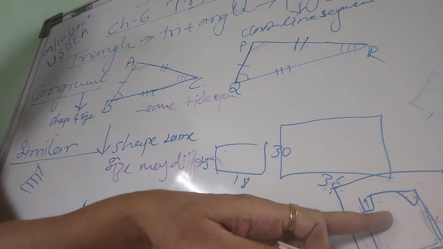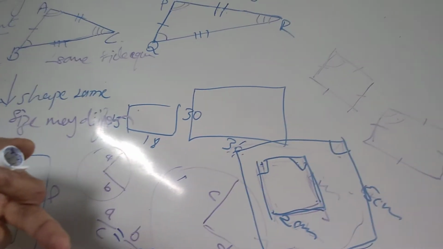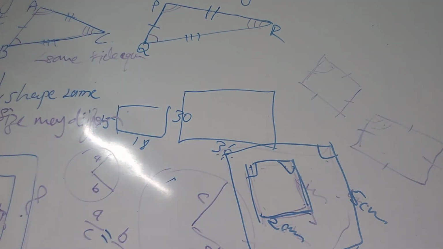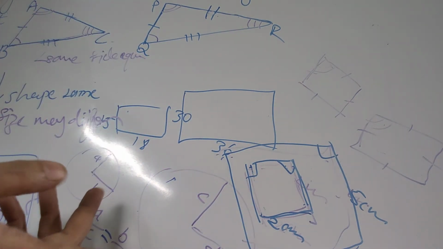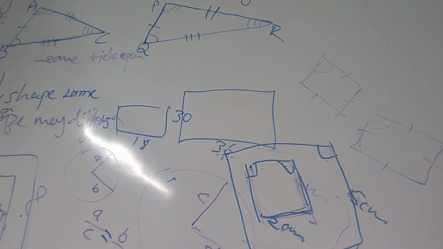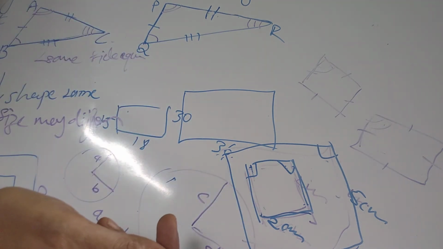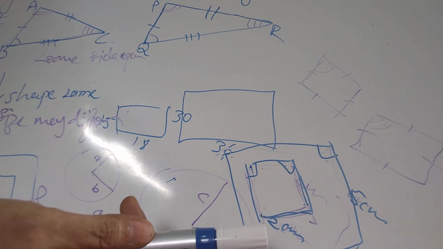For example, we have seen this case of a square. Similarly, you can say equilateral triangle. But you cannot say this rhombus is similar to another rhombus, because a rhombus is not a regular polygon. What is a regular polygon? When all sides as well as all angles are equal, that is called a regular polygon. Rhombus is not a regular polygon. Square is a regular polygon. Equilateral triangle is a regular polygon. A regular pentagon is a regular polygon.